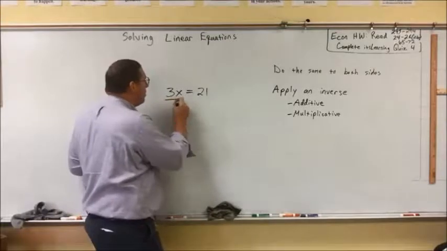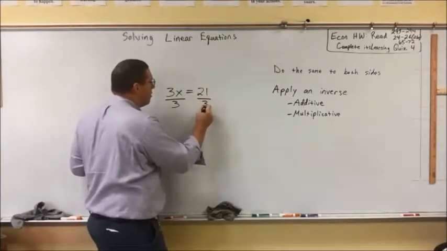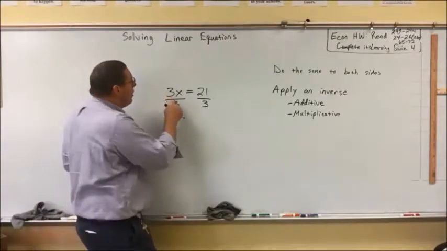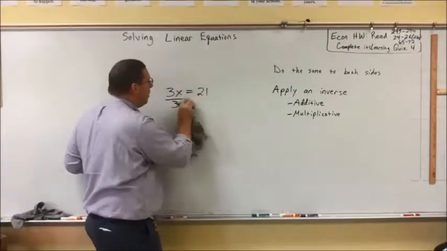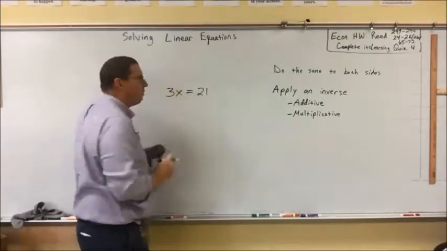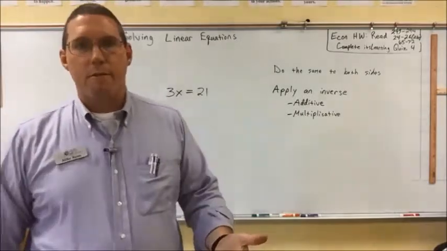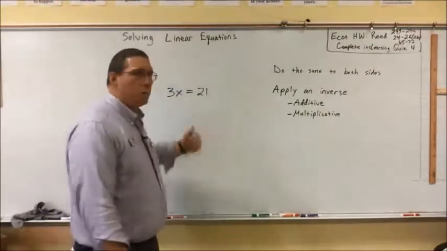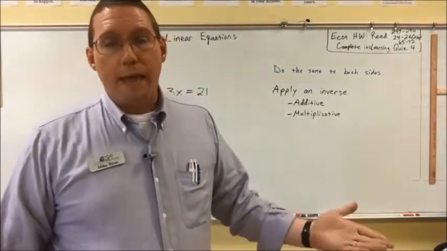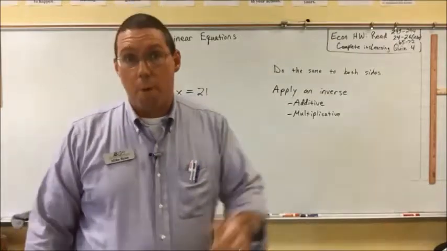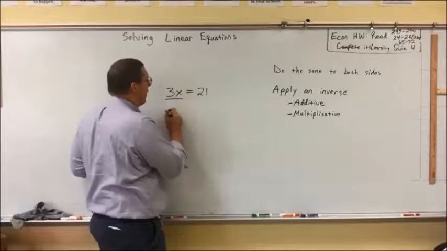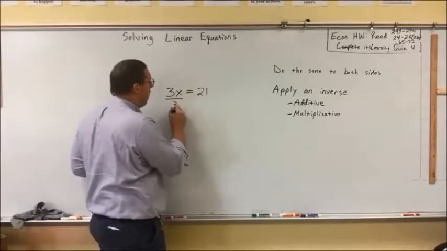You're going to say divide by 3 on both sides, because that's what I would do too. Dividing by 3, why? Well, because in this linear equation, what is this 3 doing to this x? It's multiplying, right? That's 3 times x. And 3 times x is equal to 21. So the opposite of multiplication is division, and that's probably one of the ways that you might have learned it. So we're going to use the opposite of multiplication, which is division, and we're going to divide by 3